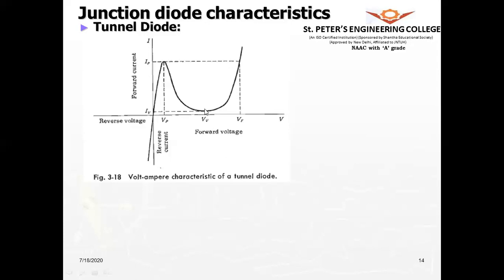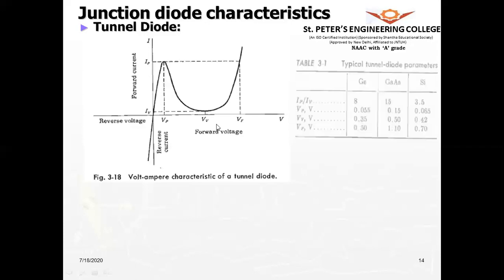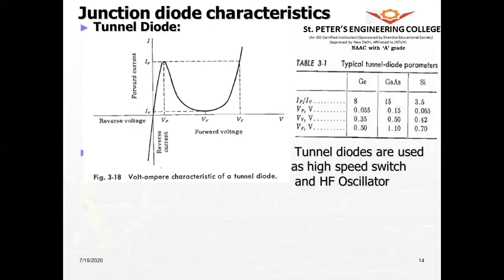So after the valley current is reached, any further increase in the voltage increases the current again in the forward direction. Therefore, the tunnel diode is operated in this region between the peak voltage and the valley voltage. So peak voltage is less than the valley voltage. Here we can use it as a negative resistance. We can use this as an on state and an off state. So you can use it as a fast switching, high speed switch.